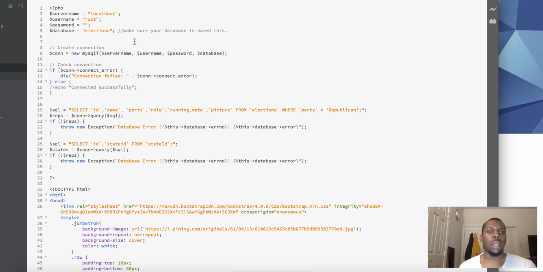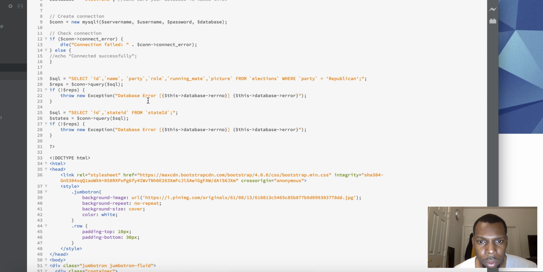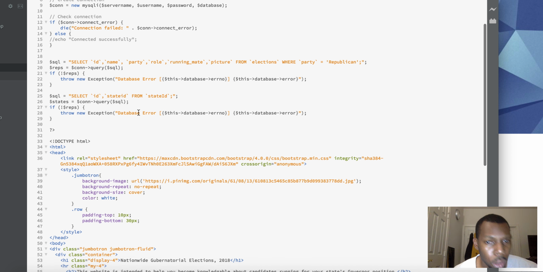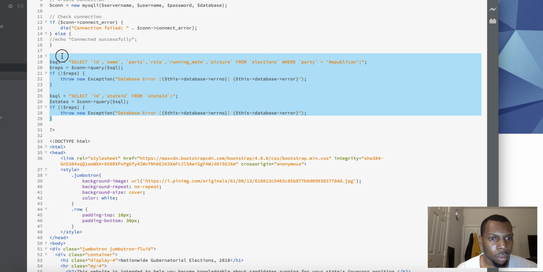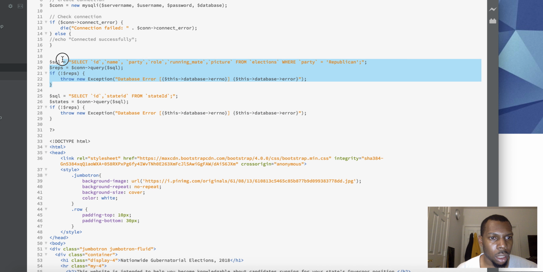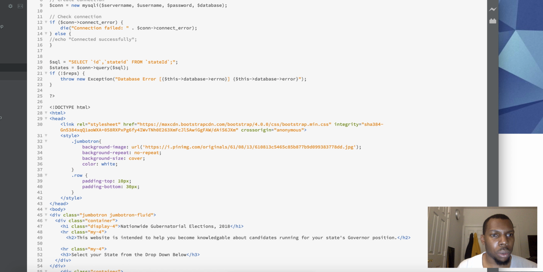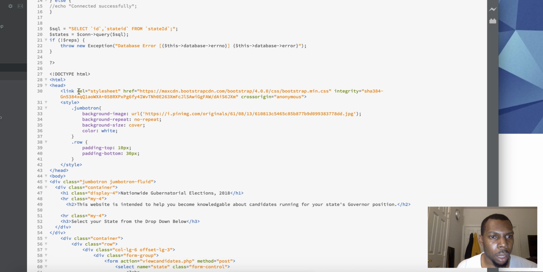So again, we connect to the server. We select... oh, these were just test ones. Don't worry about this. Let me just clean this out now. For Republican, I think I was just doing this one to make sure this worked correctly. Okay, so